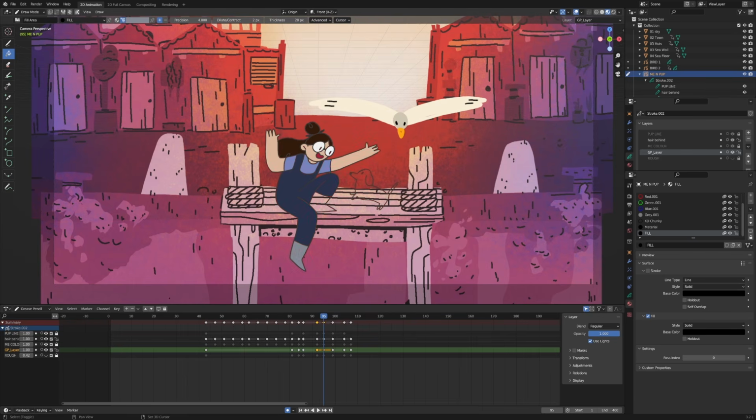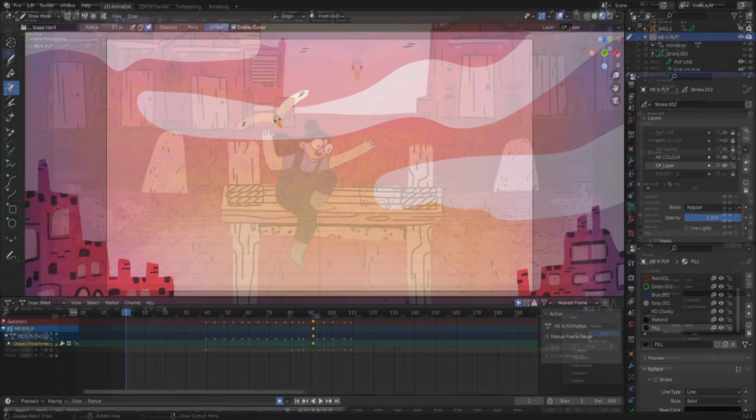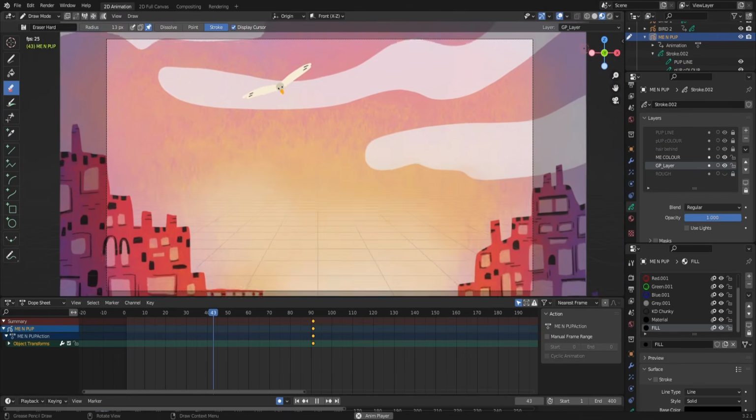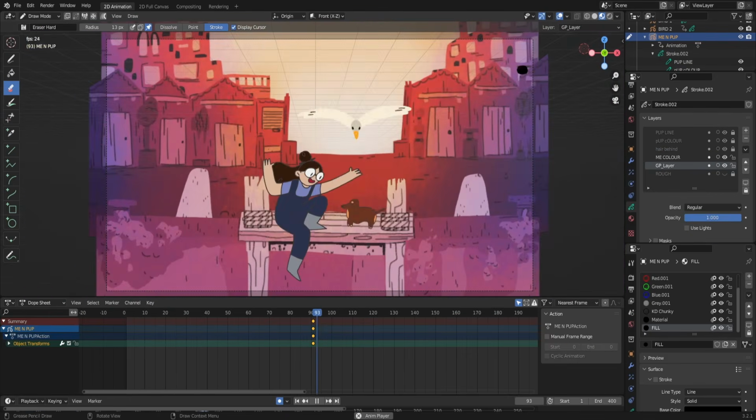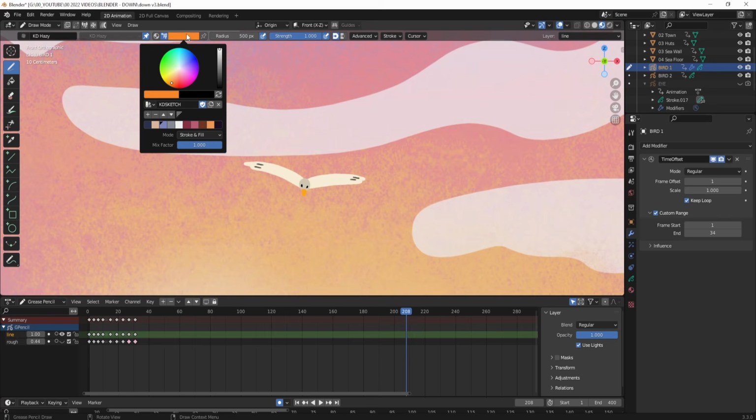Because this section was lined and not lineless like my bird, I used the bucket fill on a new layer to colour it. I made a new material with fill selected and I kept to the attribute colour setting because I didn't want to add more materials. I do have a set colour palette for my character, so I grabbed the hex codes from another project and